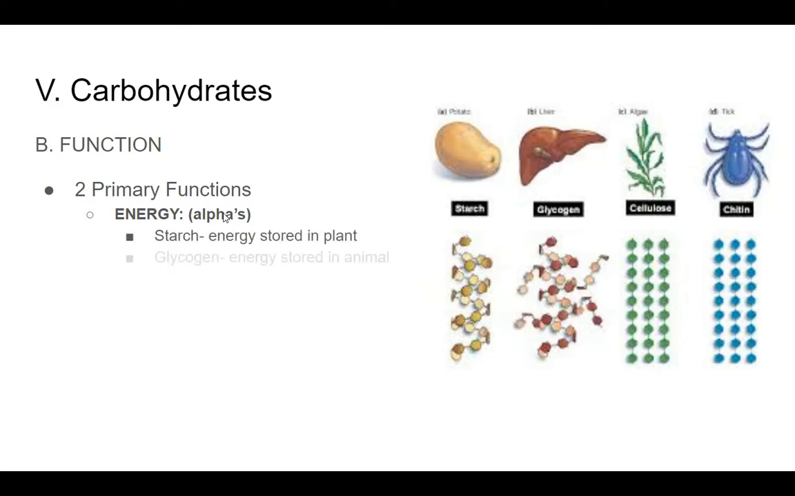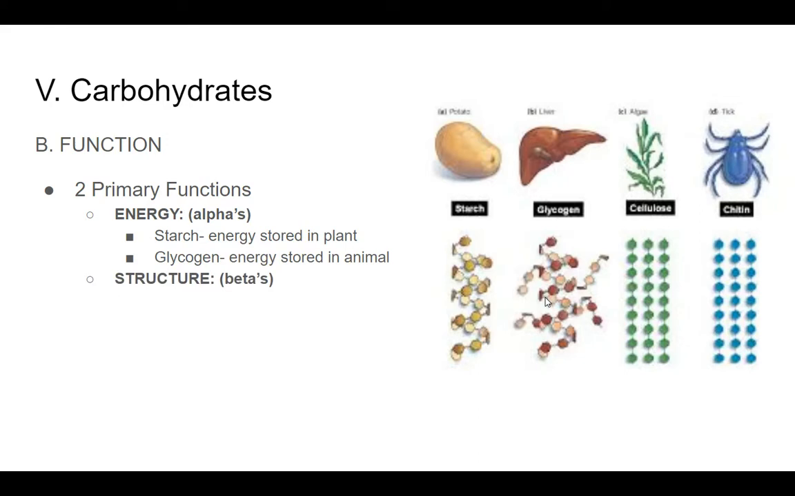These are starch and glycogen. So these first two right here that look like a spiral pattern serve as energy molecules. The difference between them is where they exist. Starch is energy stored in a plant, and glycogen is energy stored in an animal. The other function